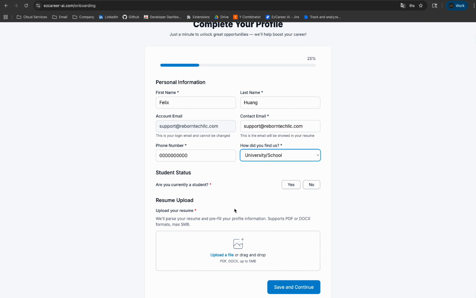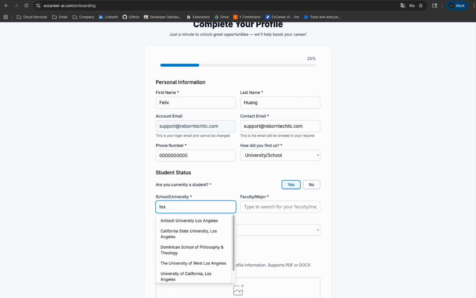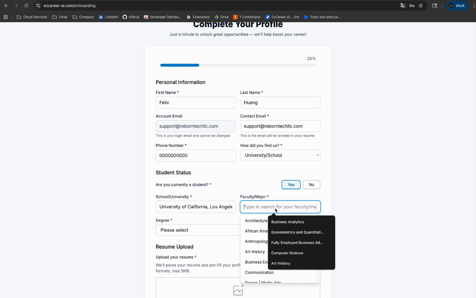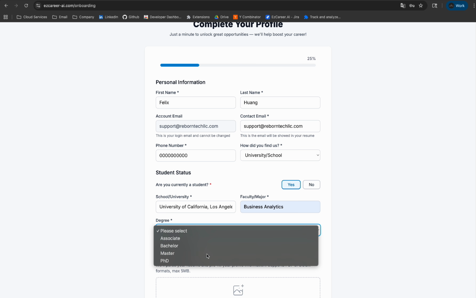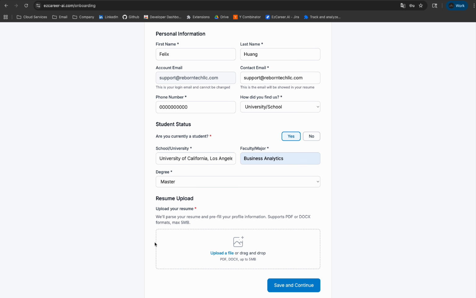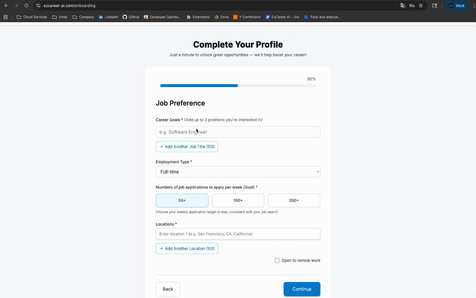If you are currently a student, please select the student status, and your major and your degree. During the registration, you're allowed to upload one version of your resume, and we recommend using the PDF. Once you have uploaded the first version of your resume, now the second page is where you can input